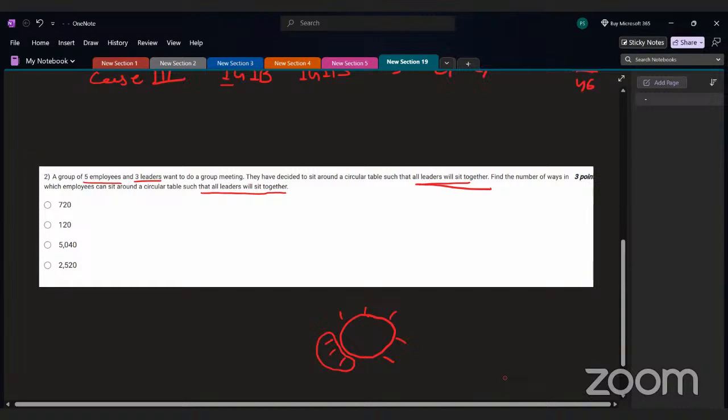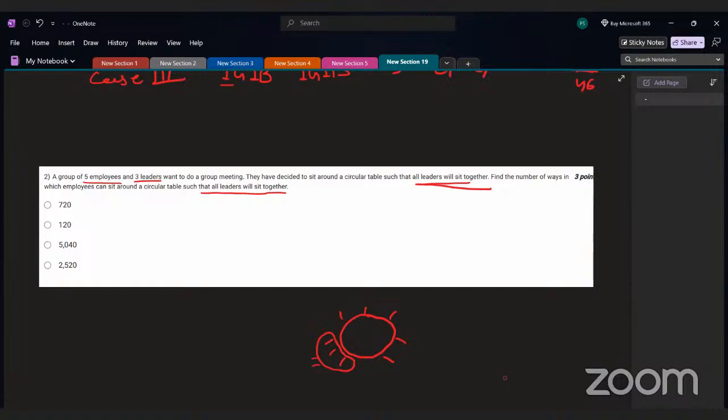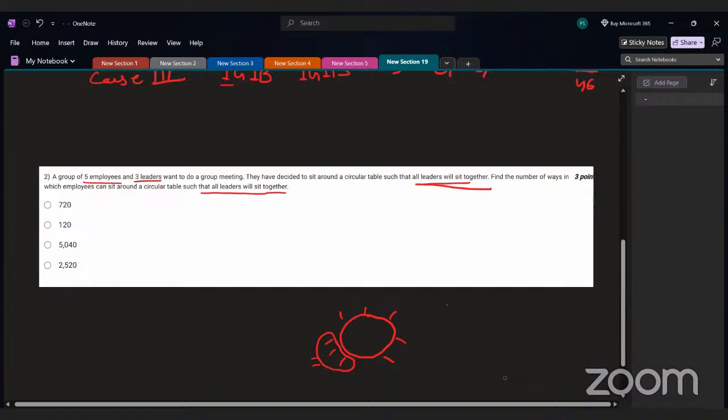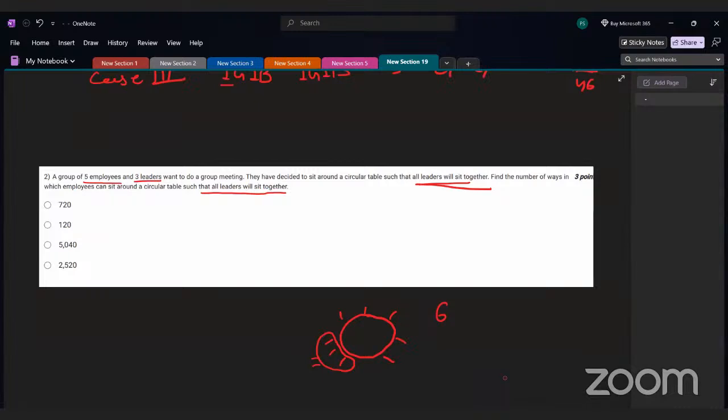In total we have 5 employees and one this entity. So in total we have 6 entities around the circular table, and the number of ways in which we can arrange these 6 people around a circular table is n minus 1 factorial. We study this in circular permutation. So that simply will be 6 minus 1 factorial,